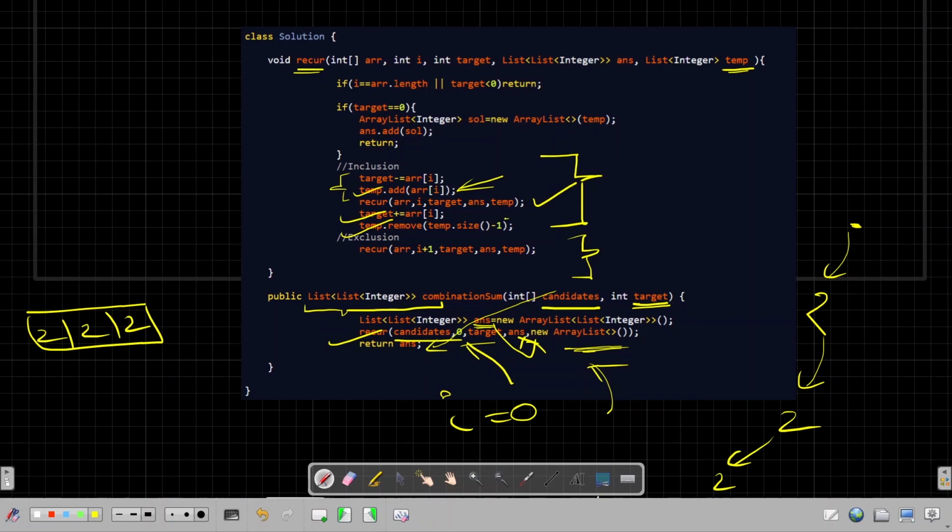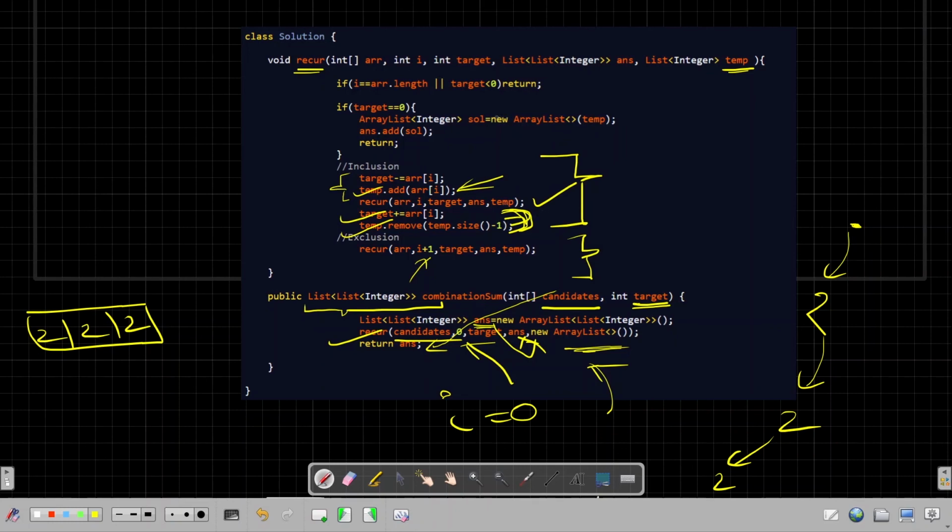So this is basically the backtracking step. So this inclusion block is complete. Now the exclusion block is nothing but skipping that element. So how can we skip that element? I plus 1, we move to the next index, and this would skip that element. So these are the recursive calls.